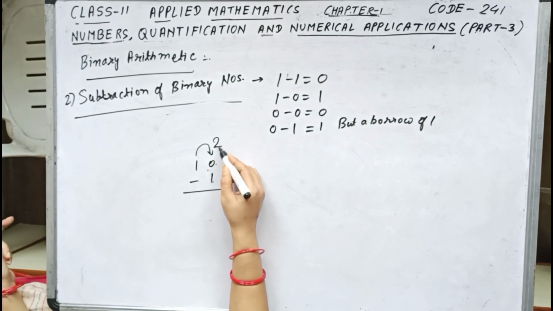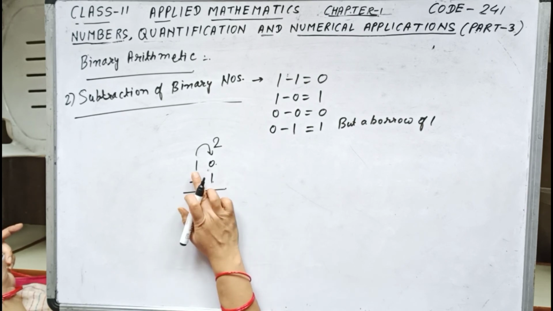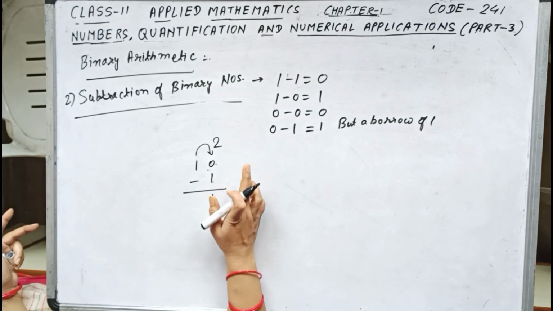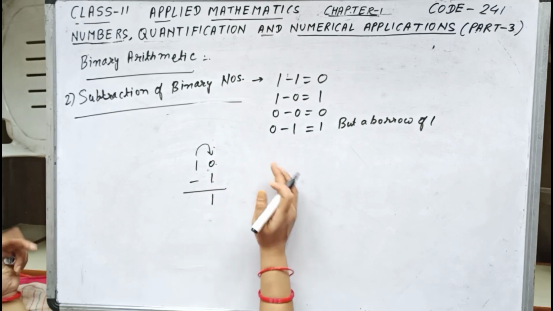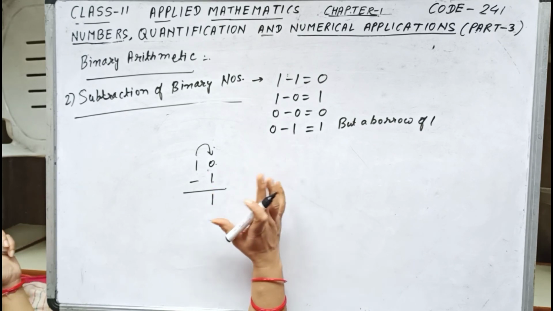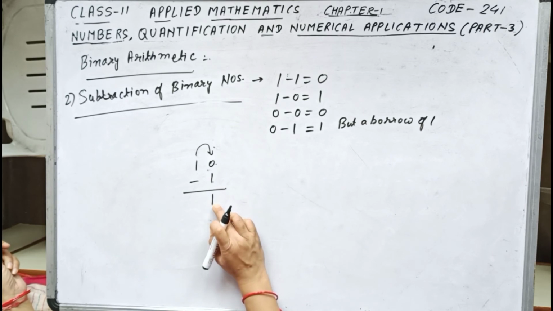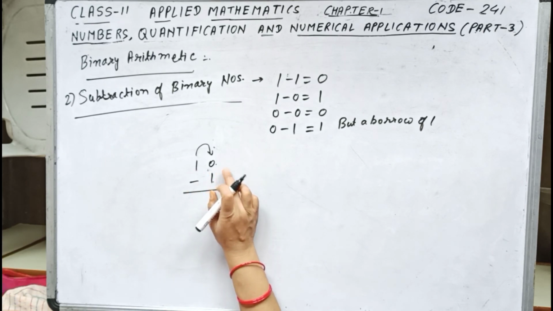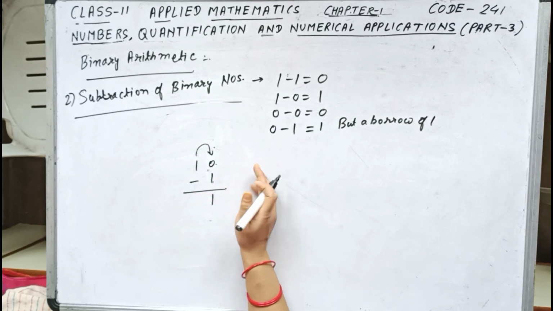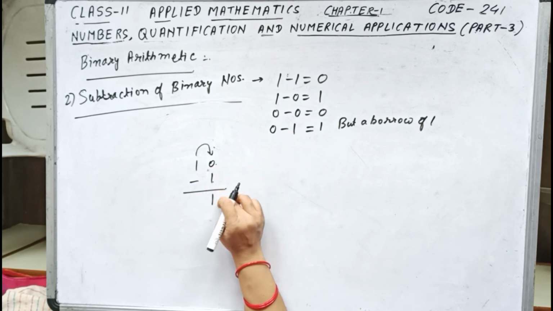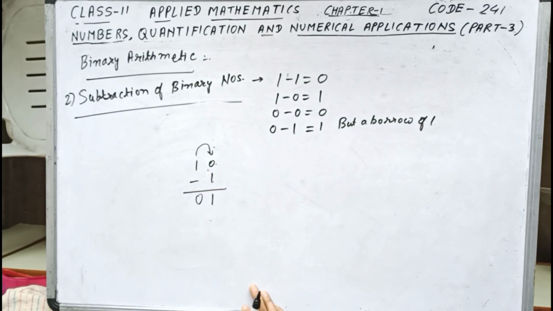So over here, 2 minus 1 we will be doing, which is 1, because this 1, when shifted to the first column, has become 2 over here. So actually we are doing 2 minus 1, but since in binary we write 0 and 1 only, that's why 0 minus 1 we write 1, but this one has been taken from the second column. Since it has become 0, we will be writing 0 1 only.